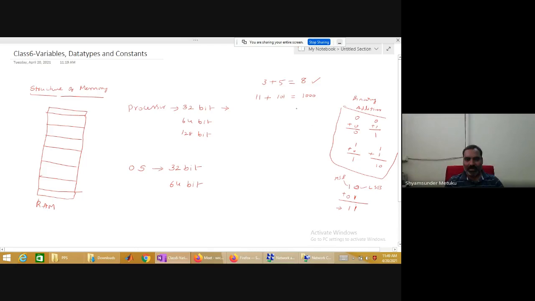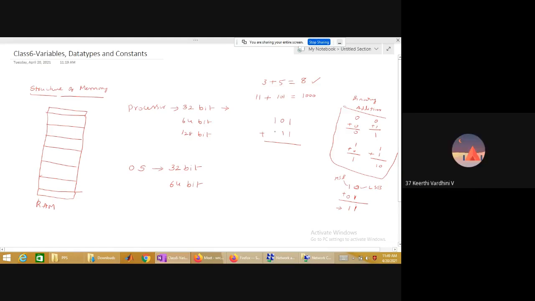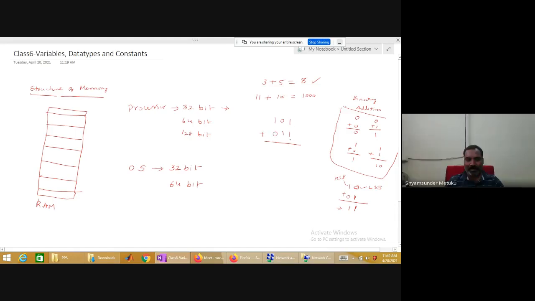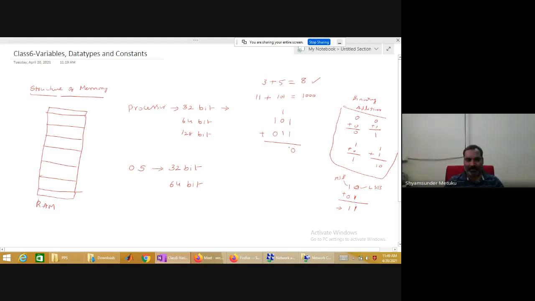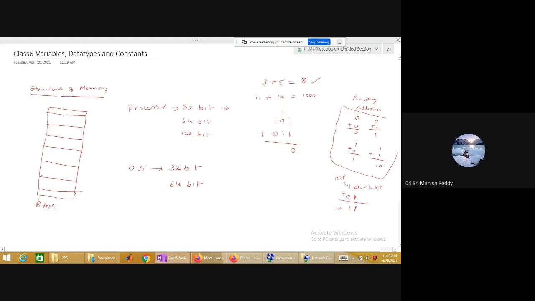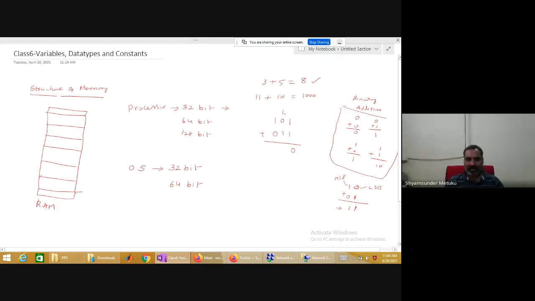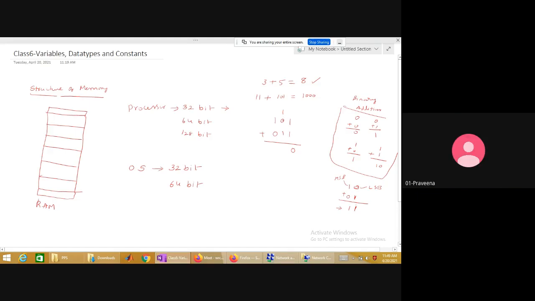Is it okay to all of you? Yes, sir. Now, similar to that, let us have here 101. I'm trying to add 1 and 1. What am I supposed to put here? If the second number has a lesser length, what am I supposed to give here, 1 or 0? 0. Can you tell me what 1 plus 1 is? 10. So 1 as a carry here and 0 you can keep here, right? Sir, 1 plus 1 is 10, there is a carry here, right? So 1 plus 0 again? 1.